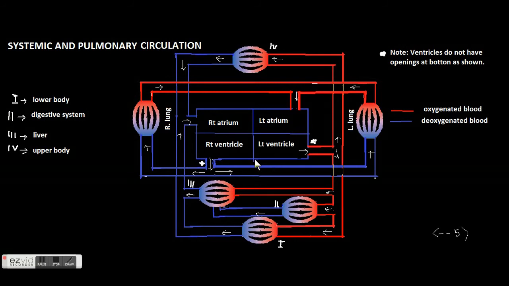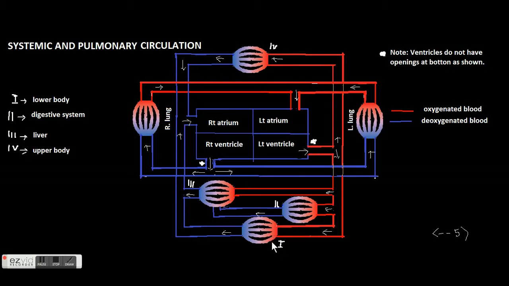They work in synchronization. So here this side, this is the pulmonary circulation, that is blood is coming out of right ventricle through pulmonary artery and going to both the lungs. And then in the systemic circulation, blood is coming out of the left ventricle and going to all the organs. Again, I showed you that this asterisk means the ventricles do not have any opening in the bottom. It is only for the sake of simplicity I made the diagram look like this, so that it is easy for me to draw.